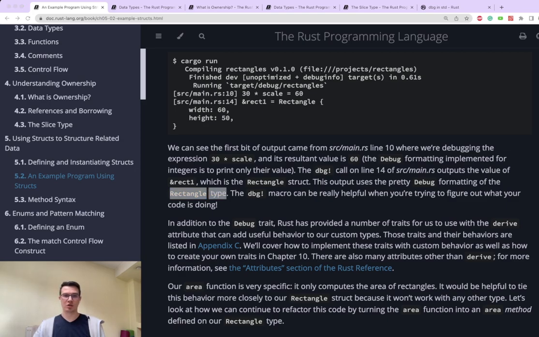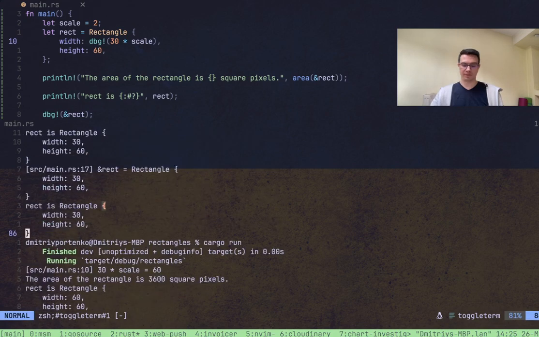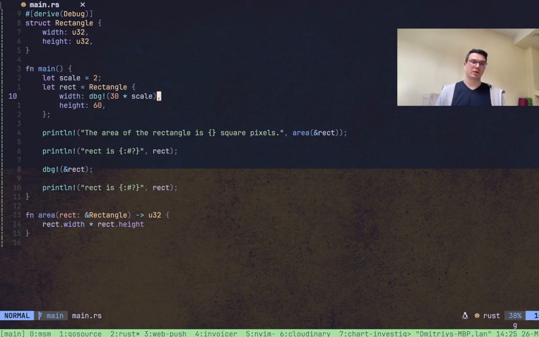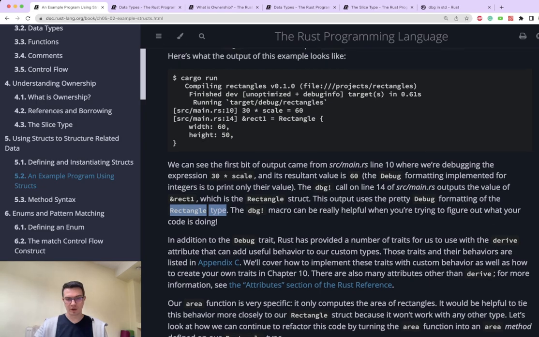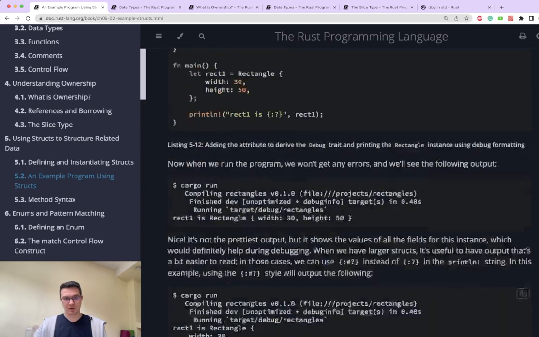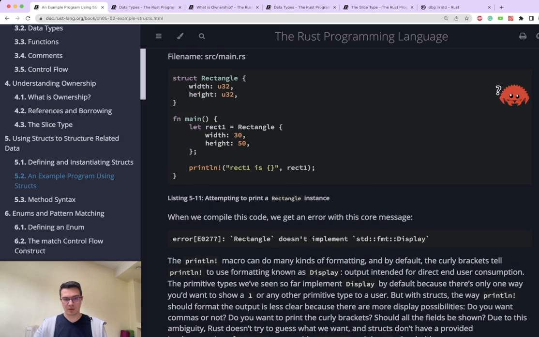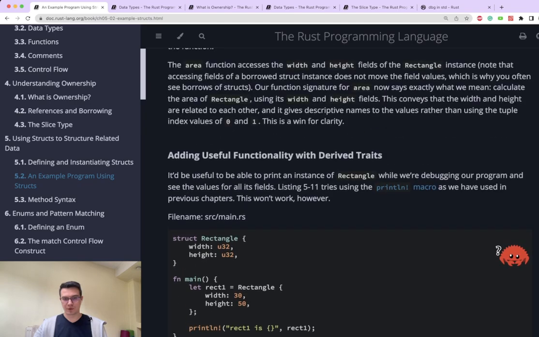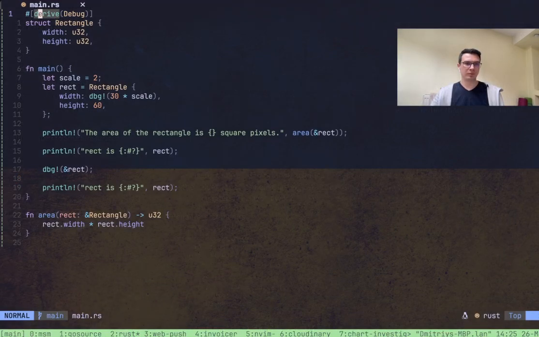So yeah, dbg uses debug. I guess it's called a trait, and we will learn it later. But this macro, it's not a macro, it's how it's called. It's derived traits. Okay, it's traits, but it's derived. Not totally sure what it means, but